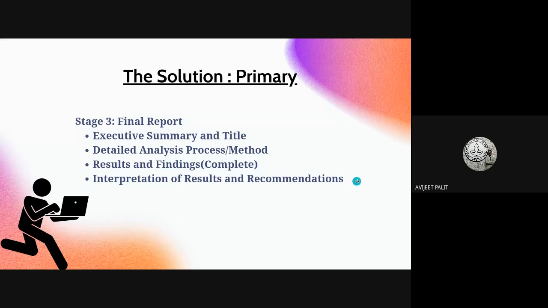You are conducting your whole project on sales analysis, and you find these are the issues. You should not then recommend something that is not in any way connected with your sales optimization or whatever it is. So do not recommend that. Recommend only what you get from the analysis process and methods, or through your interpretation of results, like the factors that you have identified as problematic. So that's all for the final report part.